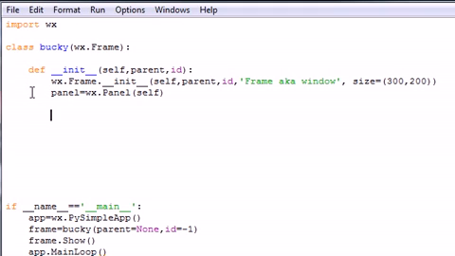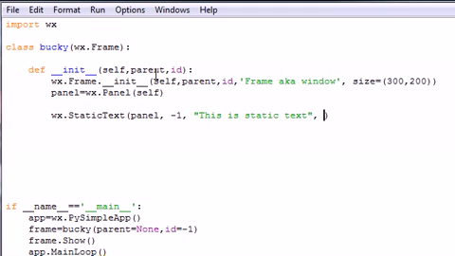It's really simple. To get static text, you need to write wx.StaticText. Make sure you spell it right. And this is the way you get static text, right there. Now this takes a few parameters. The first one it takes is the parent, and I'm going to put mine in panel. Your next is your ID number. You usually want to have that set to -1. And inside your third parameter, you just write this is static text, or whatever you want. You can write whatever you want, but this is pretty much the text that's going to show up on